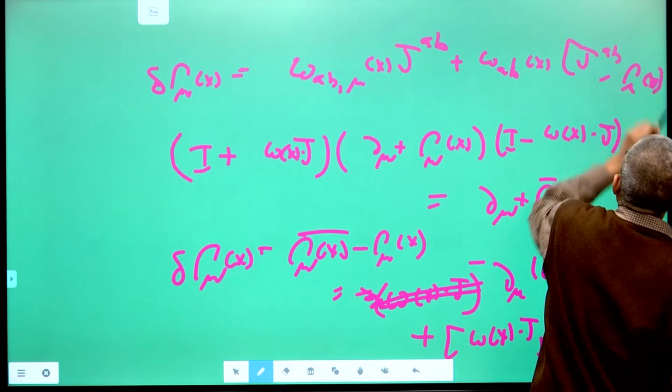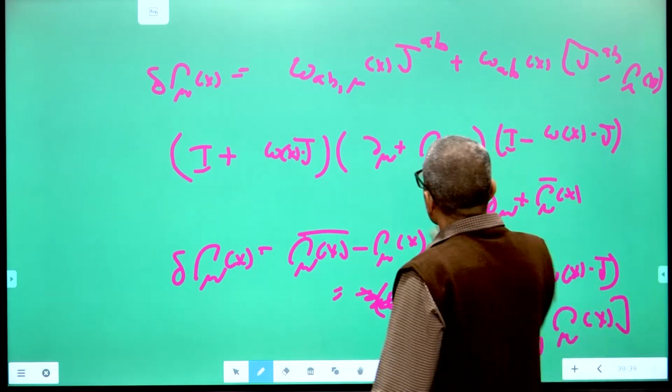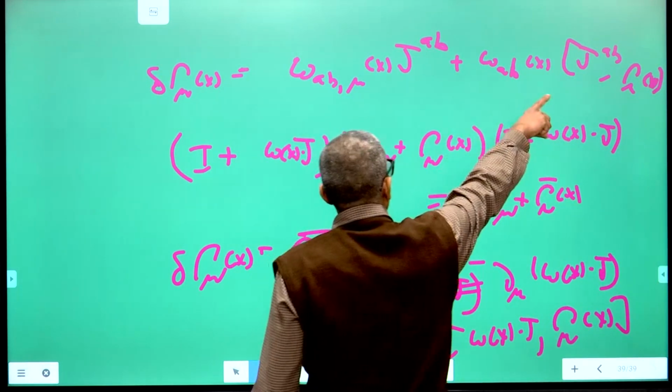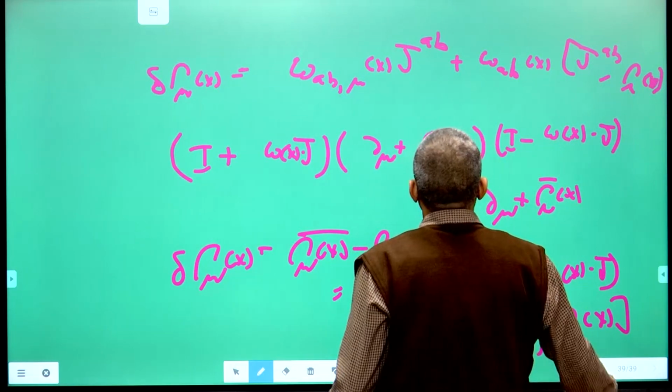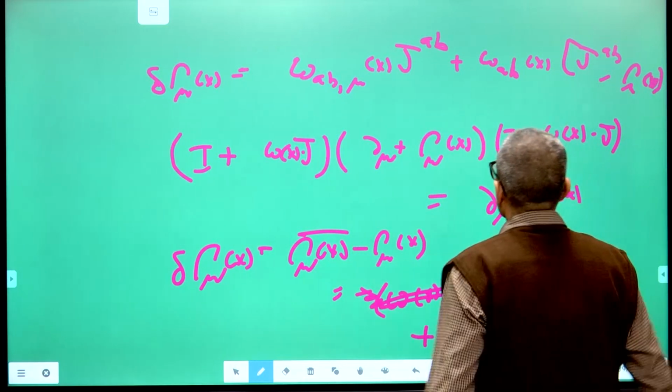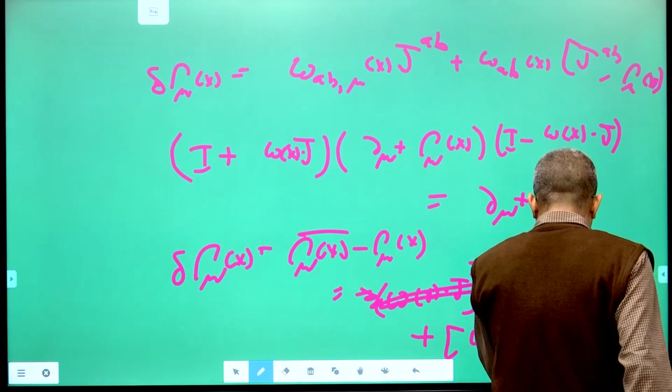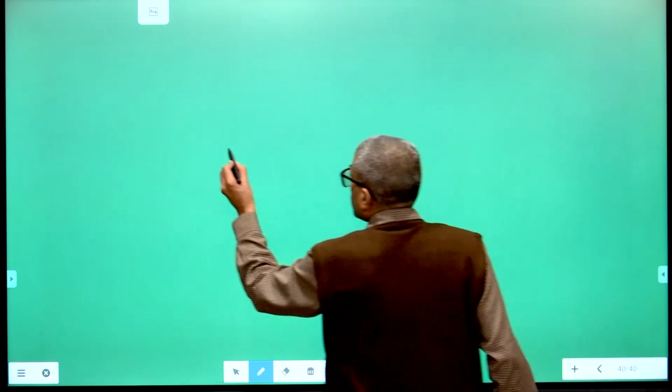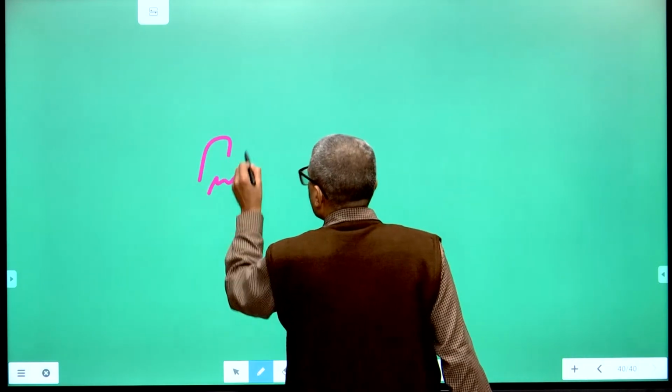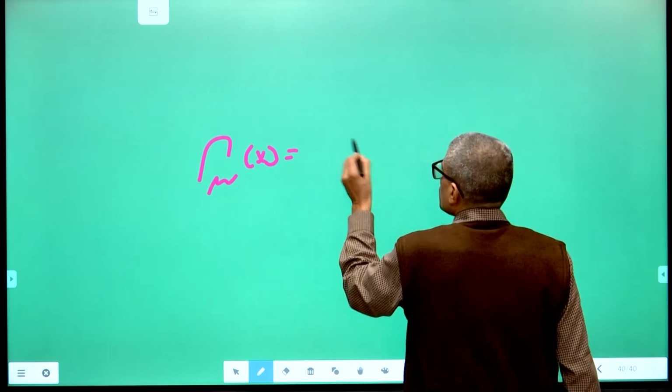So you have to find a gamma mu x, a spinor connection, so that under a local Lorentz transformation this will be the law of transformation of this quantity, and you can see very easily that such a spinor connection can be defined by using half